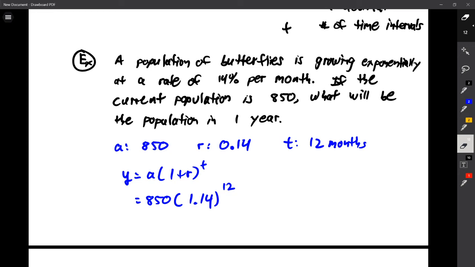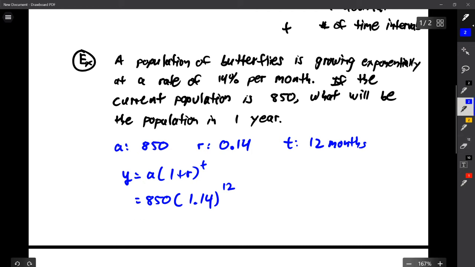So I'm going to do 1.14 to the power of 12, and that is about 4.818, so almost 5. So my population here is going to be almost 5 times as big. So now I need to multiply that by 850. Oops, hold on a second. I didn't hit equal yet, and so I did the times 850 as part of the exponent. Backspace. Okay, enter, or equals. Now I can do times 850, and that gives me